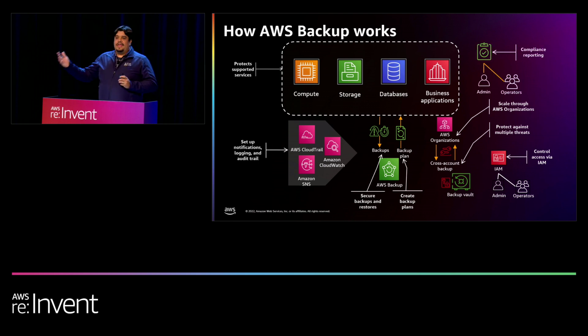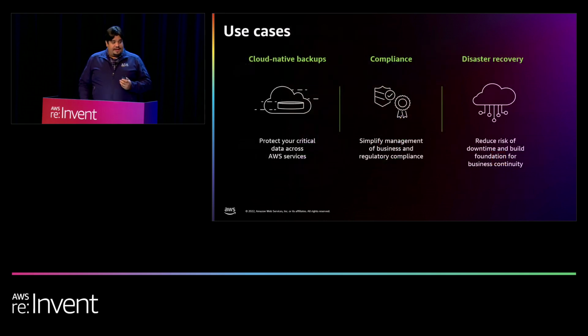Finally, protecting backups and restore is important, but in some cases, and Palak mentioned some of those use cases, you need to prove that you are protecting the data. You need to show proof of backup. You need to show auditors reports showing if our backups are compliant with the regulations and the controls that we predefine, and if they are not, we can take actions to remediate that. We'll talk about Backup Audit Manager, and you'll see that we have part of AWS Backup that will be able to take care of that.